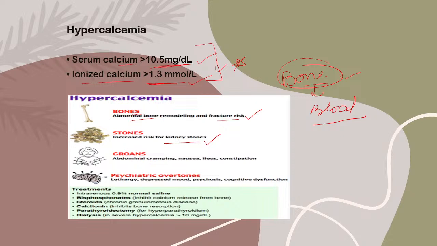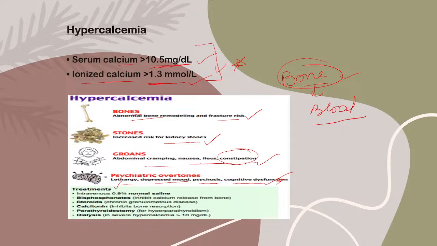Groans: abdominal cramping would be there, nausea would be there, ileus and constipation. A patient with hypercalcemia always complains about constipation. Then psychiatric overtones: the patient would be lethargic, depressed mood would be there, the patient may develop psychosis and cognitive dysfunction may also develop. Alright. So now if we talk about treatment of hypercalcemia, we will treat it with